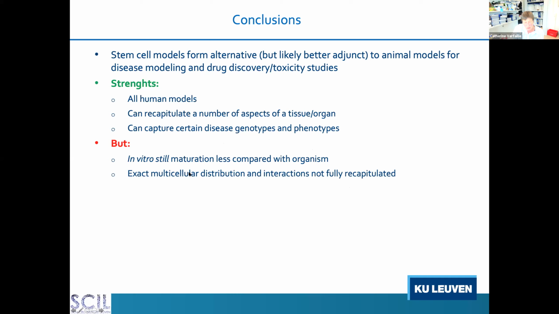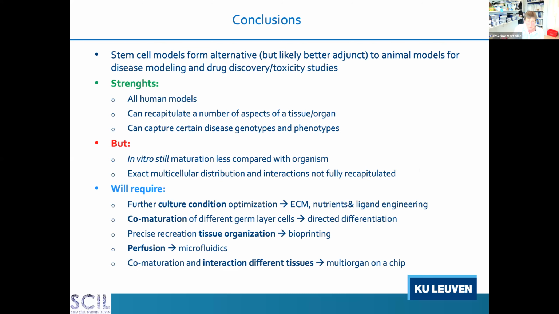And what I showed you in the 3D systems is that we get multiple cells together, but it's definitely not quite the same as what a liver would look like in vivo. It isn't clear whether that's necessary to get full functionality, but it's still something that could be looked into. So we need to further optimize culture conditions, including ECM, nutrients, and ligand engineering. The co-maturation, I think, of the different germ layer cells probably will improve differentiation, but we need to actually get